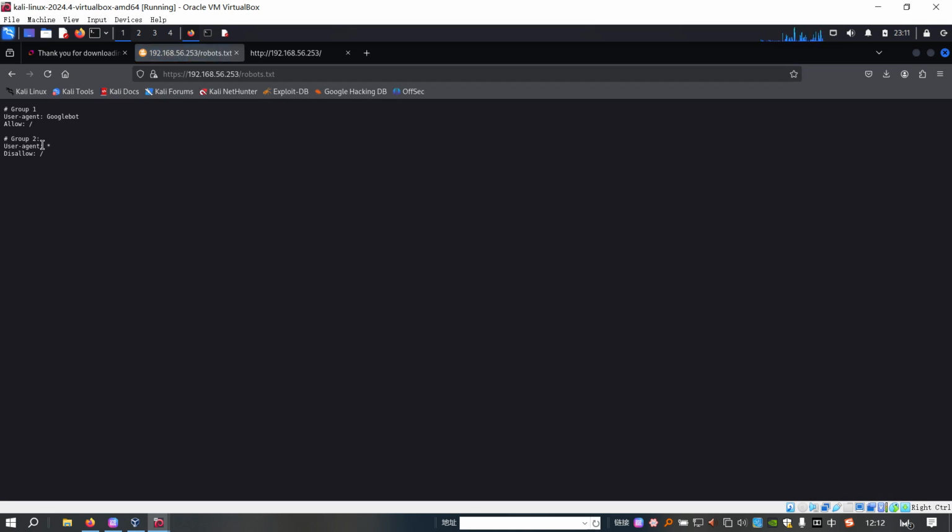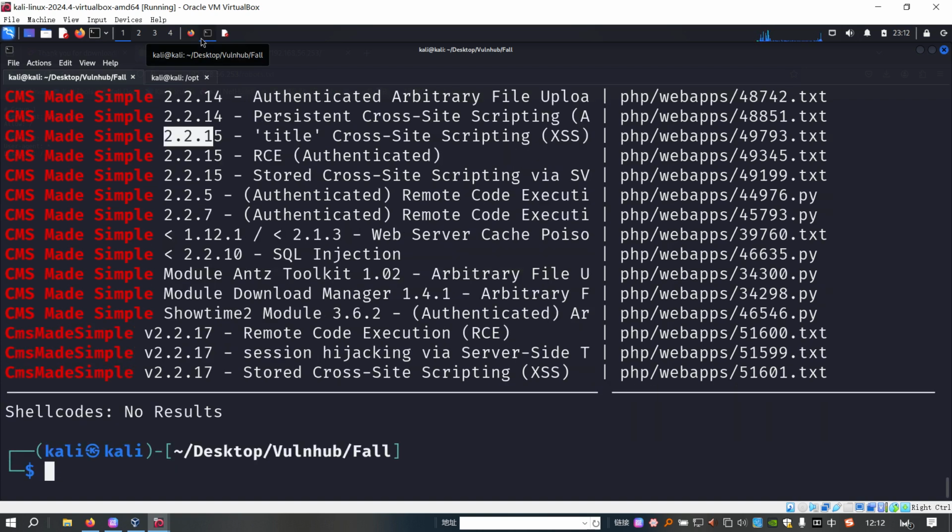And although there's some entries, just some rules for a crawler. And next, I think the browser has been automatically redirected to the HTTPS version. So I think both port numbers, 80 and 443, are running the same application. Next we can launch Nikto to do the